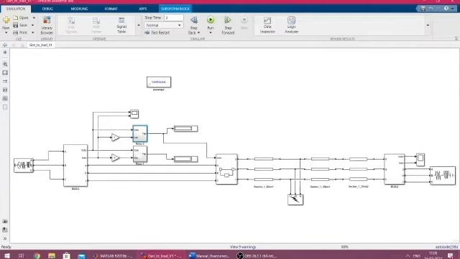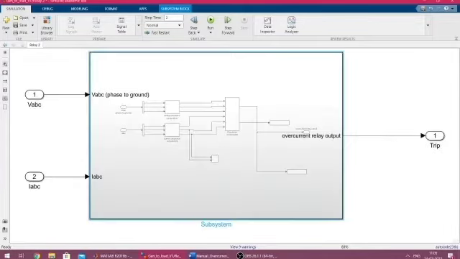Next, we can see there are two relay units used in this model. Both of them are identical, so we can take any one of these two relays to understand the relay subsystem in detail. This is the relay subsystem, and the input to this relay subsystem is a three-phase voltage and three-phase current that we obtained from the three-phase voltage current measurement block that we have named bus 1 in this model. From there we obtain this three-phase voltage and three-phase current, and it is given as input to this relay subsystem, and the output that the relay subsystem gives is the trip signal. How this trip signal is obtained, we will see here.